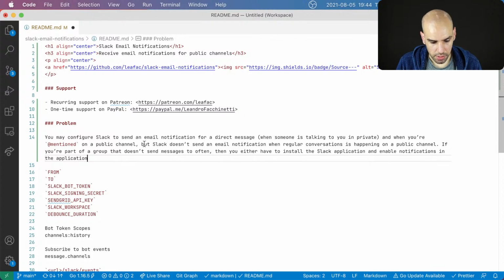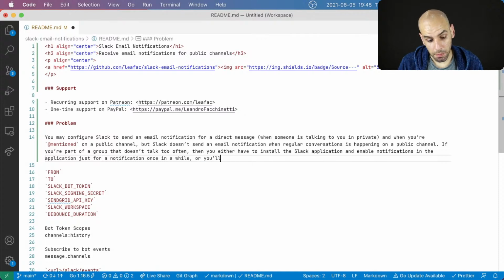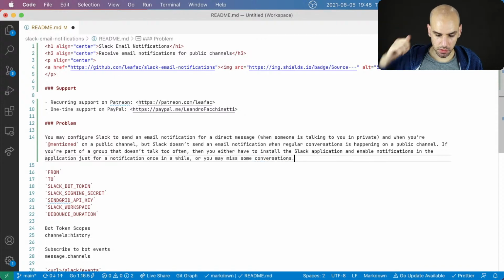If you are part of a group that doesn't talk too often, then either you have to install the Slack app and enable notifications in the application just for notification once in a while, or you may miss some conversations.